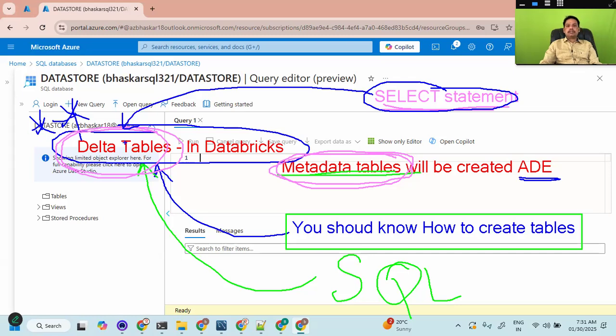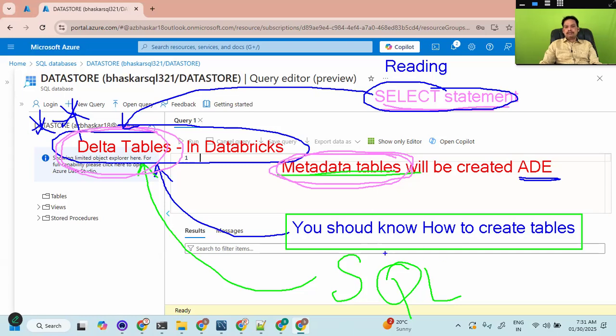You have to apply transformations on top of it, either by using Python code or by using SQL code. So the mixed code, I used to take in order to handle the data transformations as part of Databricks. So we need to know about the SQL statement, that is specifically the select statement. So select is going to be used for reading. We're going to use it for reading data from the databases, either from the delta tables